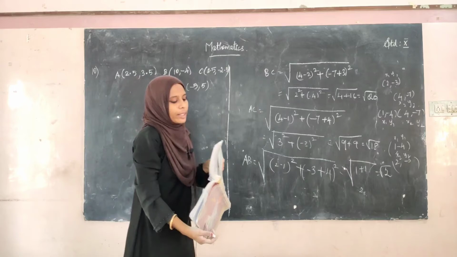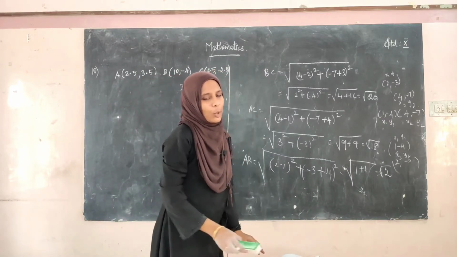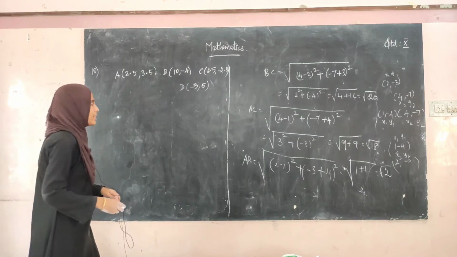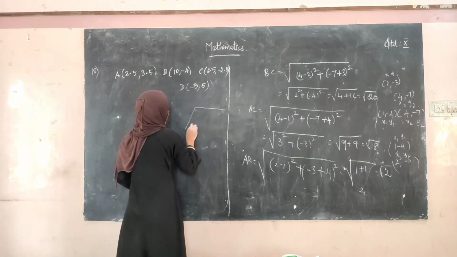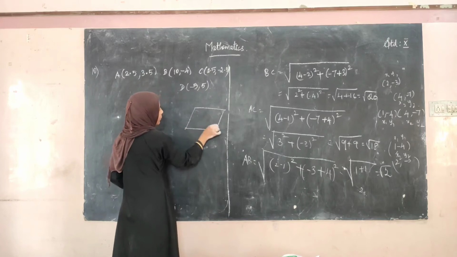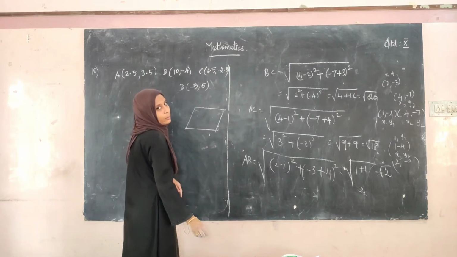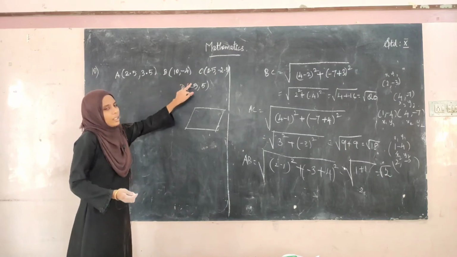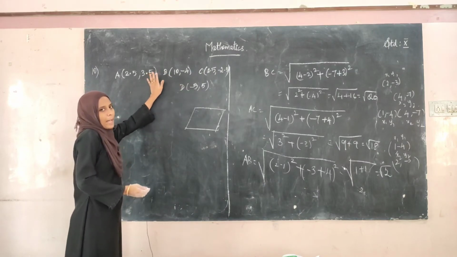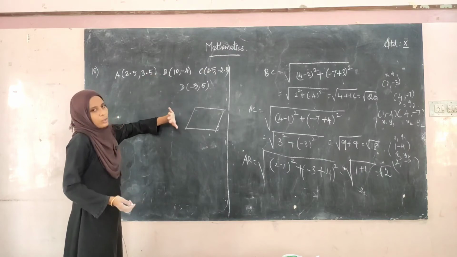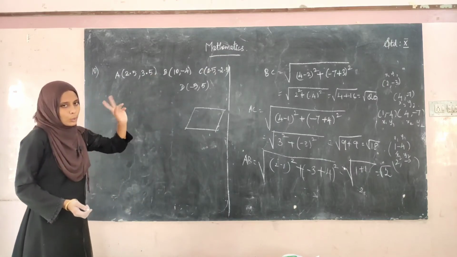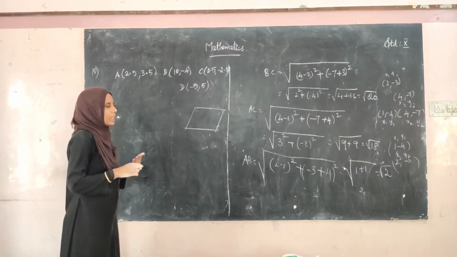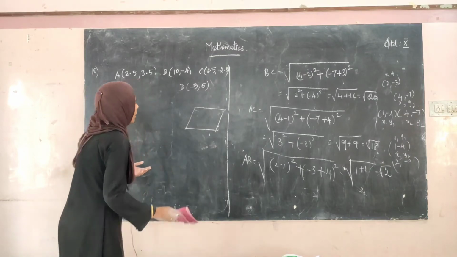Okay, so what we have to find is whether these 4 points are going to form a parallelogram. So parallelogram means it will be in this type, right? So the opposite sides will be parallel. Opposite sides will be parallel means here any two, other two we have to pair. So when we are pairing that, you will be getting the two slopes are same. The 4 slopes are having the same, that is, two pairs are equal. So we have to check for that.